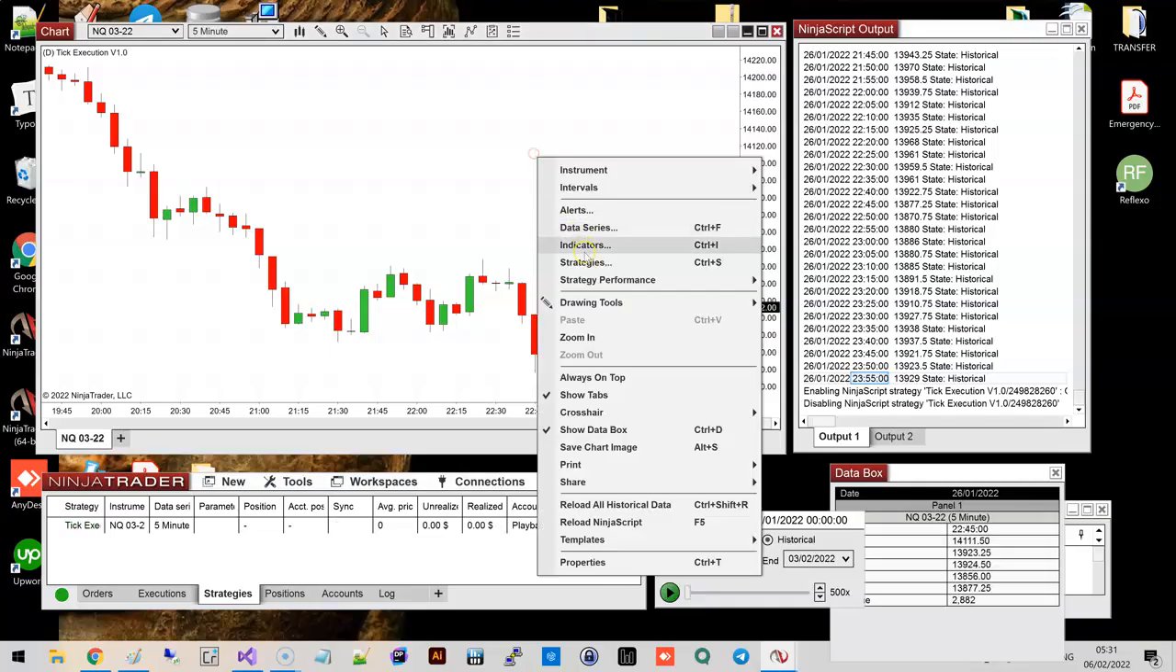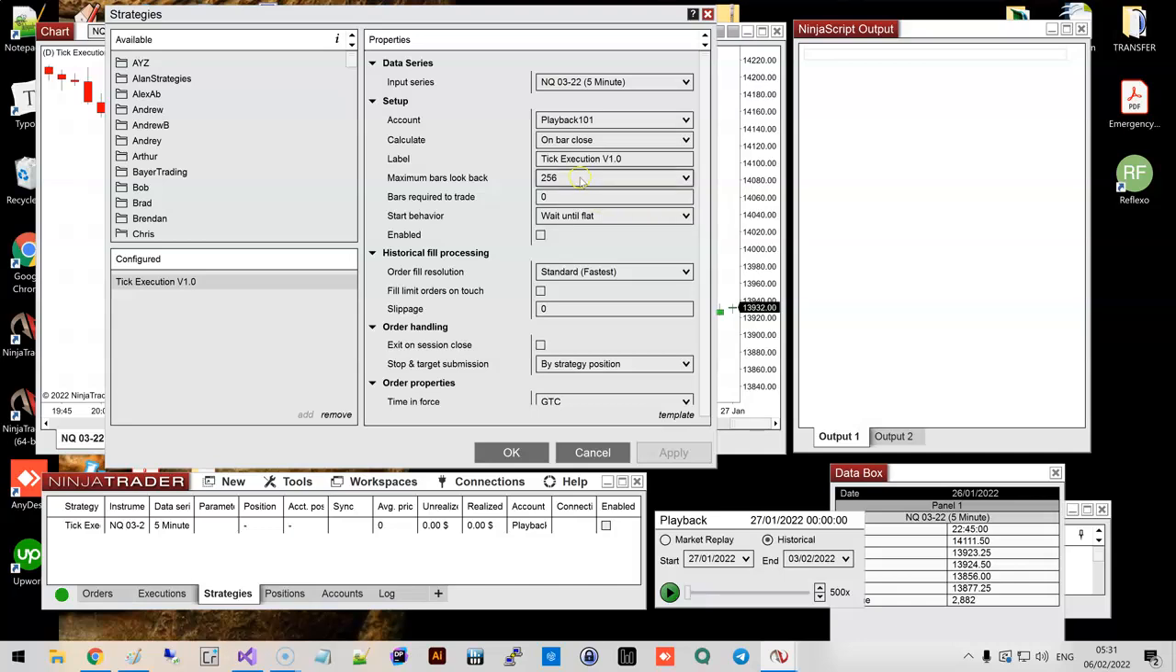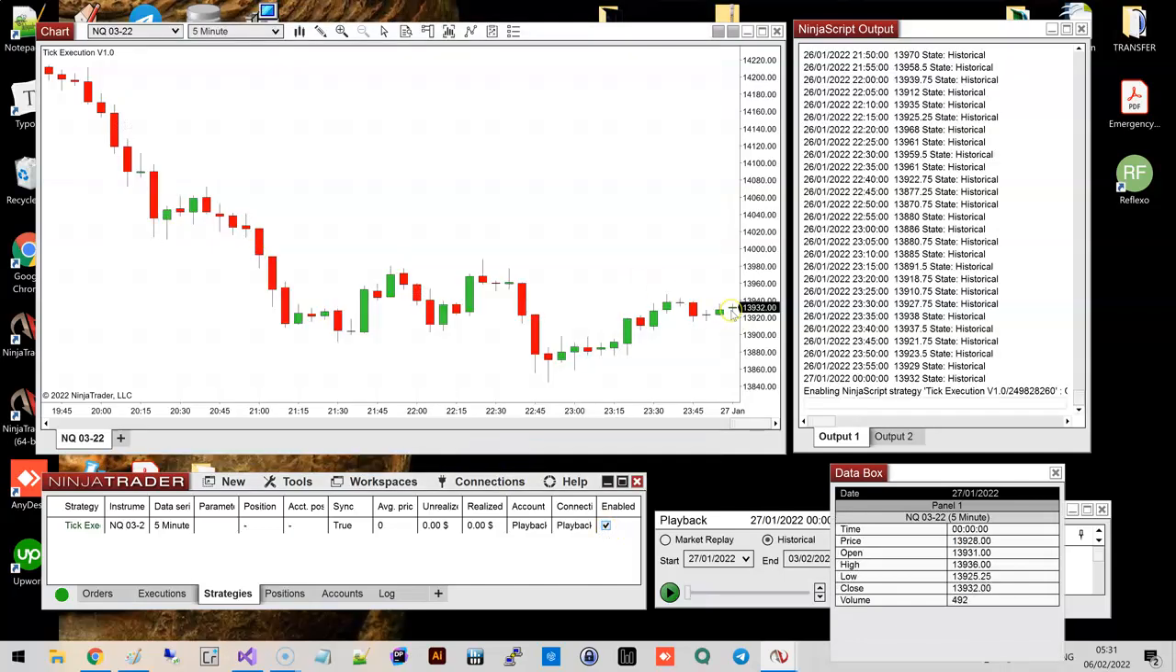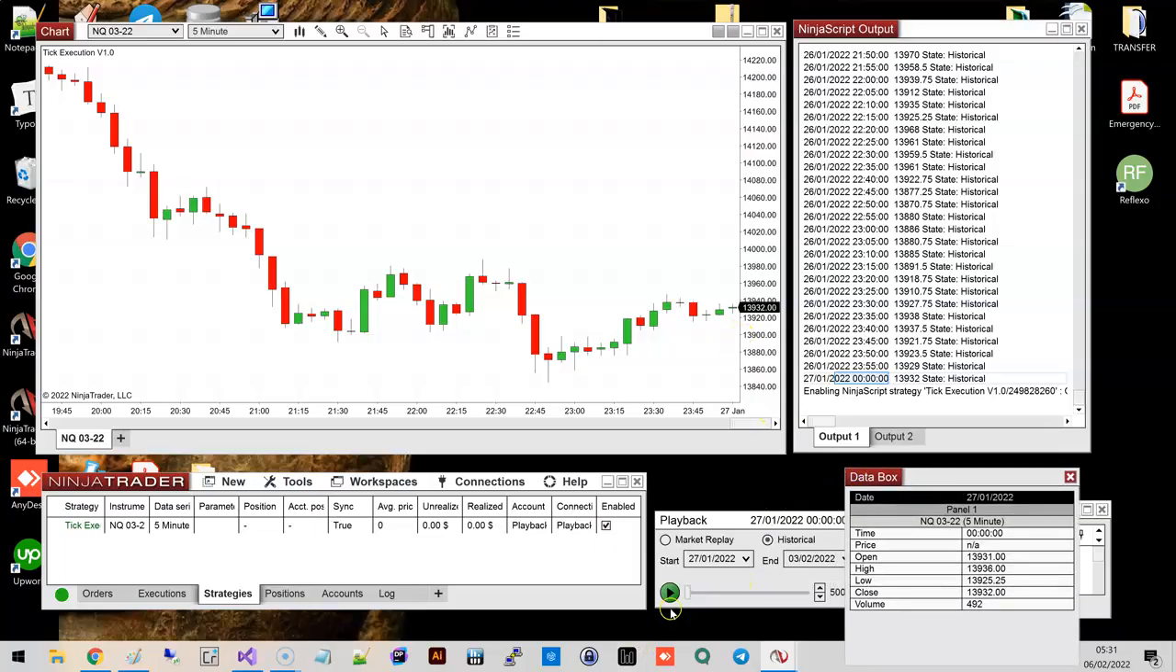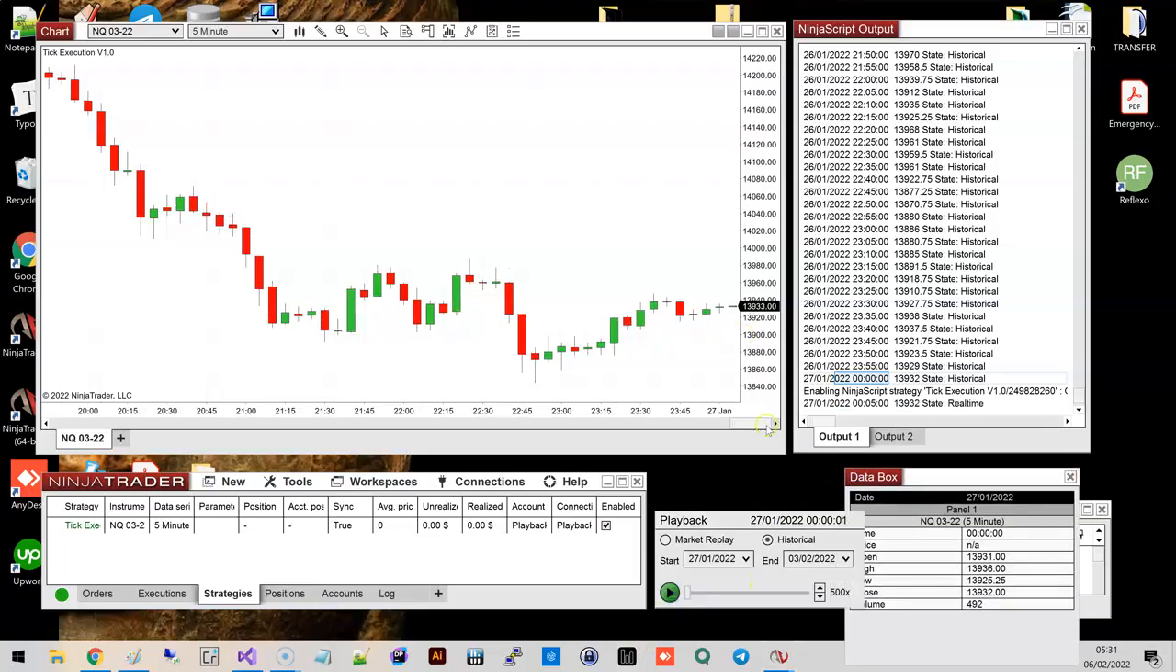However, if you change to on each tick, that last bar will also be executed. You can see this timestamp, although this bar is not closed yet. It has not yet closed. Now, if I continue replaying,